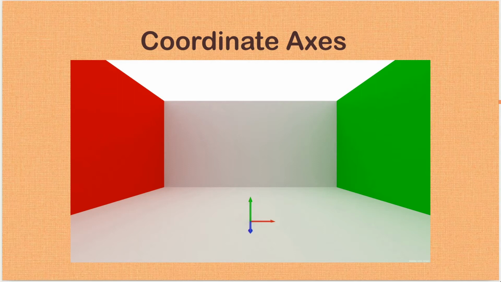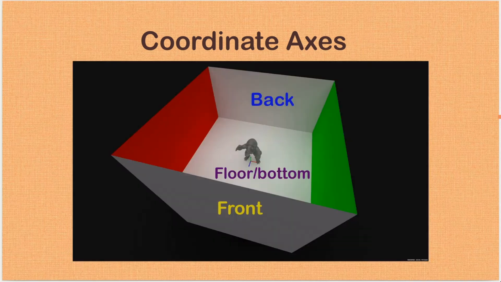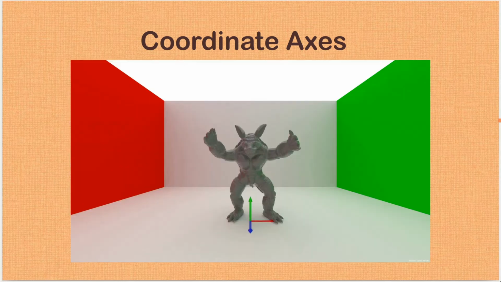To make this slightly interesting and to last the impression, let's consider a Stanford armadillo placed at the origin, who looks towards positive z direction. With respect to the creature, from now on we can refer to the green wall as the wall on the left, red one as the one on the right. In the same way, we can refer to the others as back, front and bottom walls. Top one is not shown here, but you can guess that.